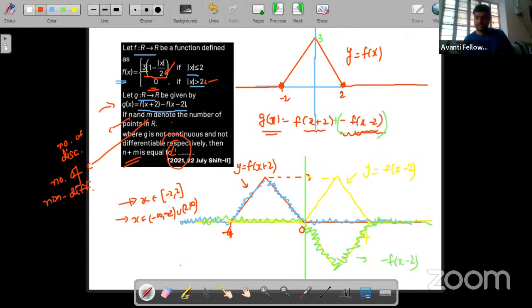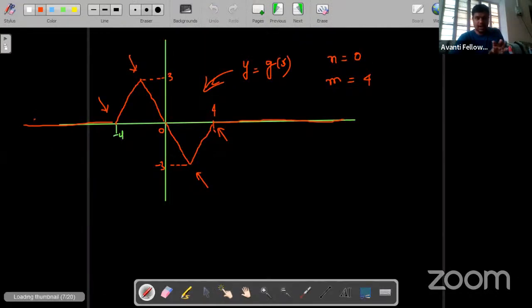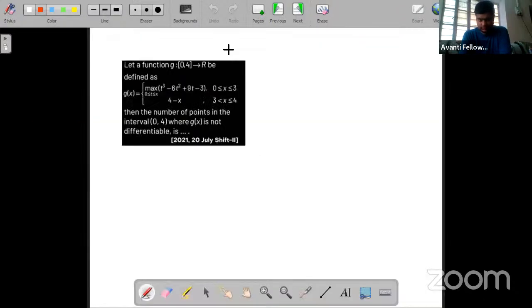Clear? I hope this part is also clear to you. So we'll move ahead. You can also cross check if there is any doubt, and you can ask. So with the graphical approach, we can easily solve the graphs. Actually, I am taking time because I am dictating it to you each and every step, right? That's why it is taking time. But for you, it will be quick. Okay. Now we'll move on to the next question.